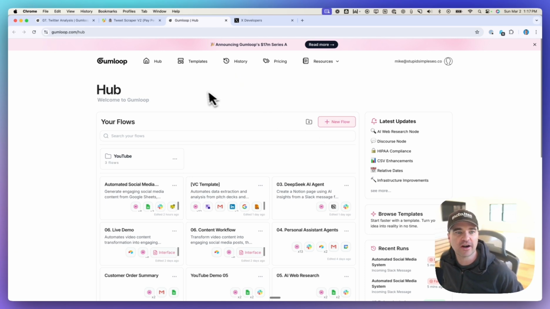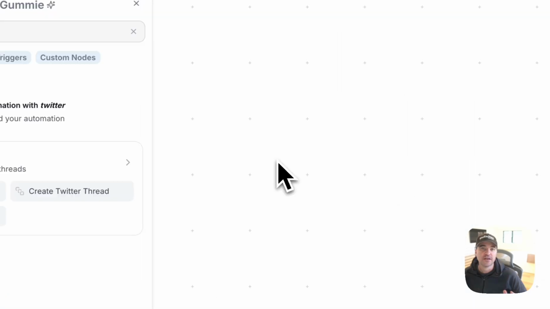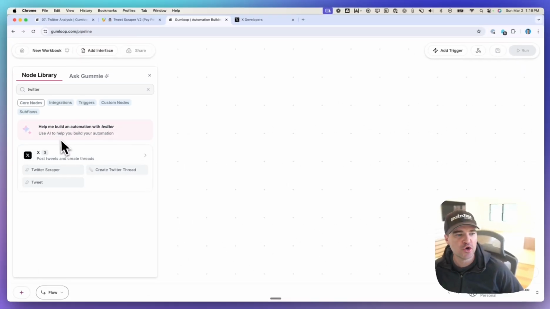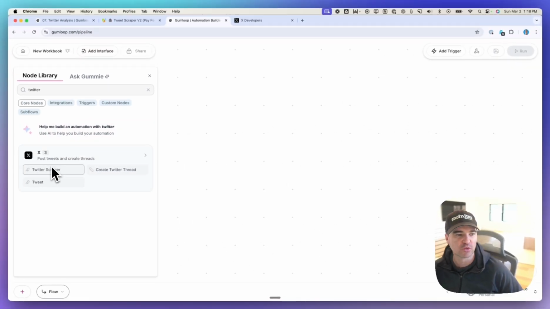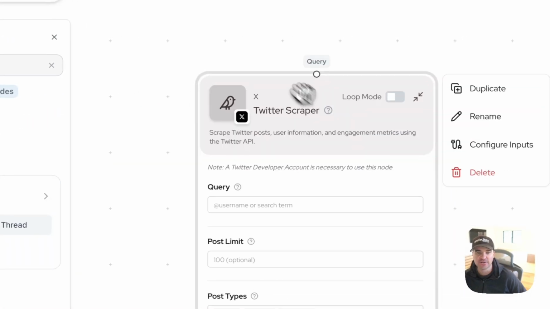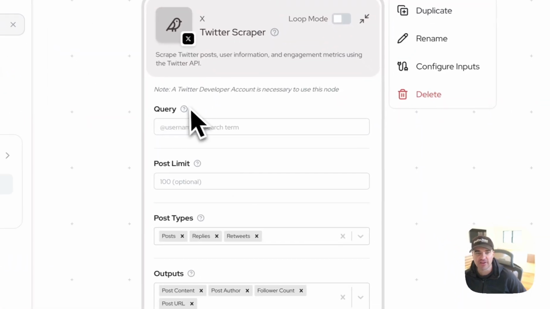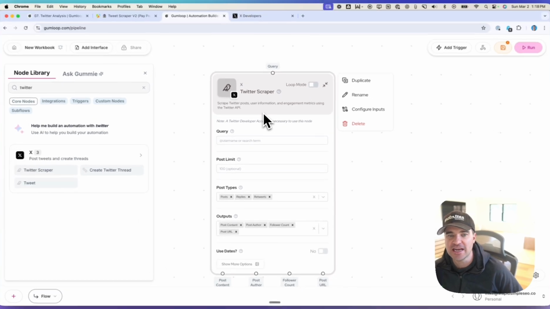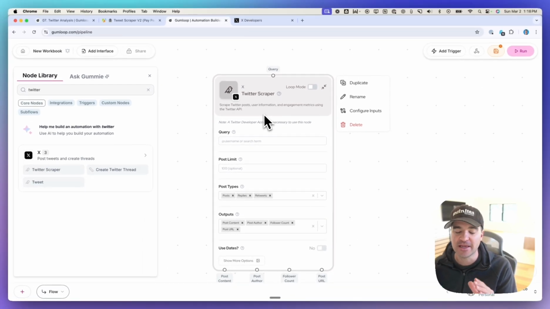So I'm going to start by clicking a new flow. So Gumloop has a new Twitter scraper integration that we're actually not going to use, and I'll tell you why. I did try running this originally. Now, you need to use the Twitter API in order to run the native